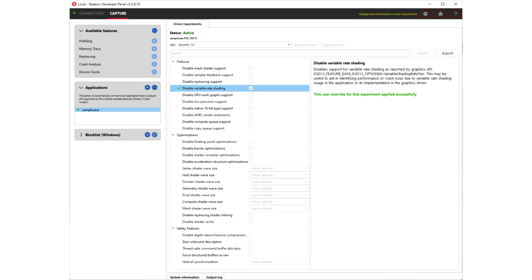see the RDP repository on GitHub. Via GitHub, there are more advanced features like disable low precision support, disable native 16-bit support, disable AMD vendor extensions, disable compute queue support, and disable copy queue support to further enrich the tools suite for the developers. There are plenty of optimization features as well, which will allow disabling or controlling shader compiler behavior